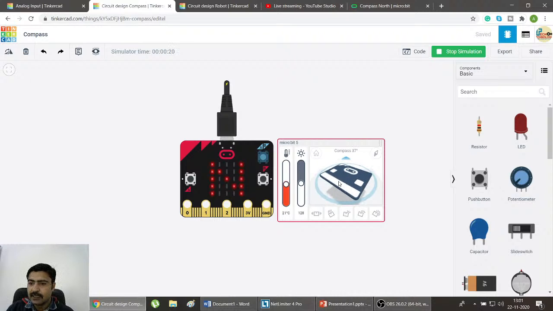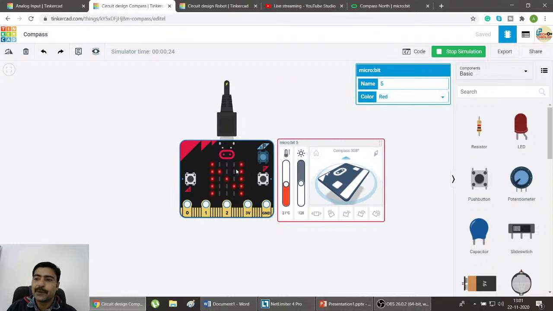Rehan? Something happened to the Tinkercad, sorry. But anyway,